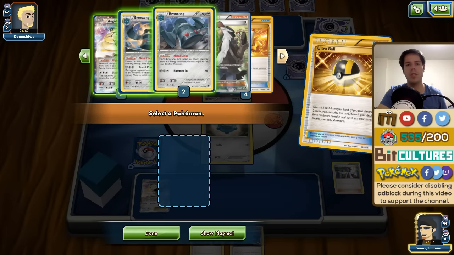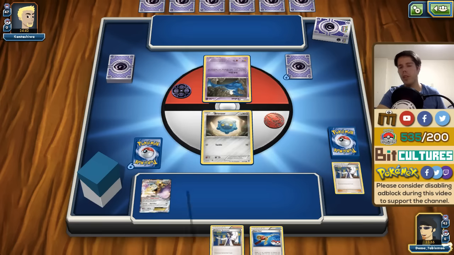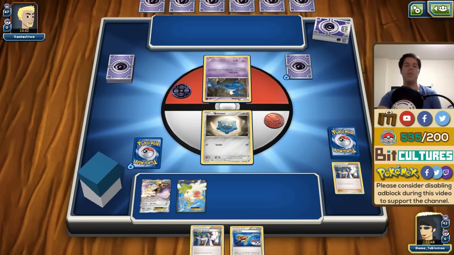Okay, 2 Bronzongs still available, so that's pretty nice. 2 Shaymins as well. Gonna go for Shaymin here. I could play the Super Rod right now, but I don't know if it's worth it to draw an extra card just for that. I don't think it is, so I'm just gonna draw an extra 4 cards